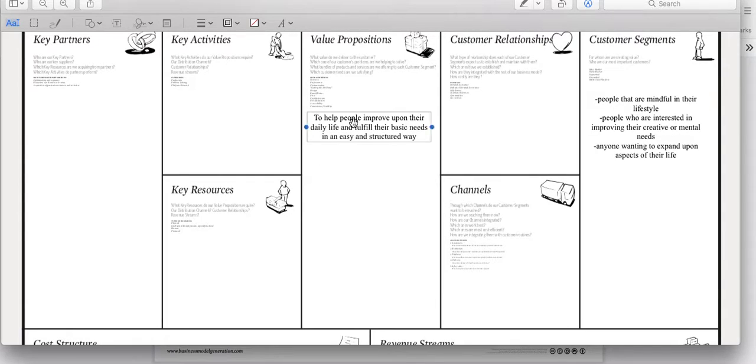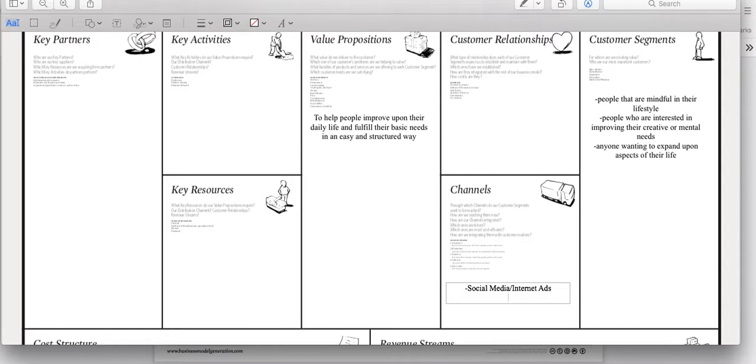So next we're going to go down here to the channels. And this is just how people are going to find out about the business. How are they going to find out what's going on, how we're going to get them engaged. So social media is a really big one, and online marketing. So whether there's ads on Google, you get sponsored by somebody, you get an influencer to do this, you get your own Instagram, that kind of thing. Those are all great ways to advertise.